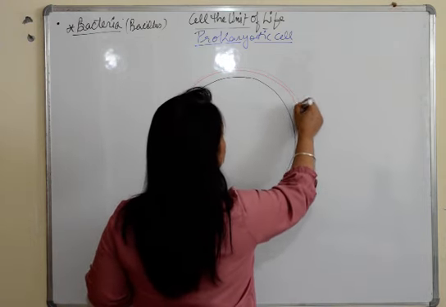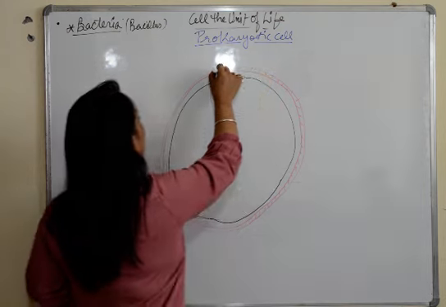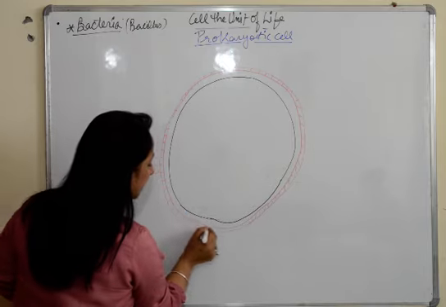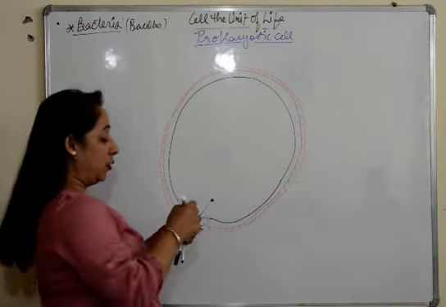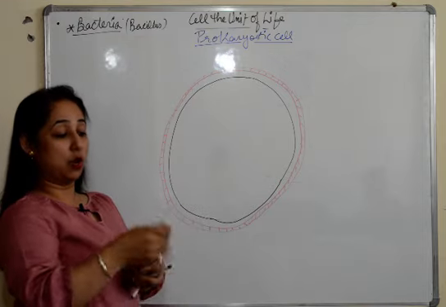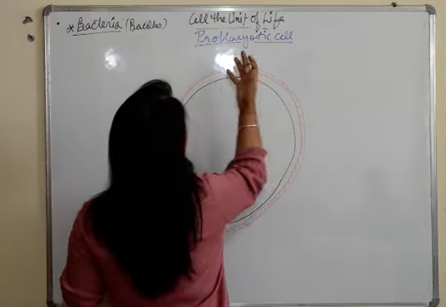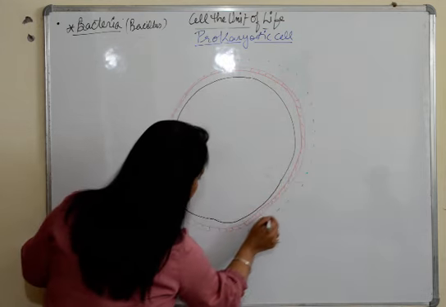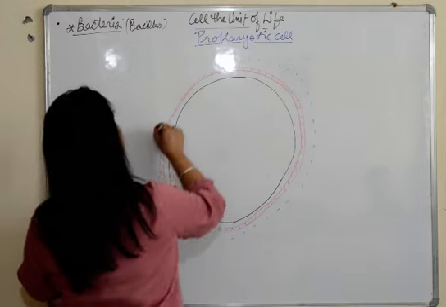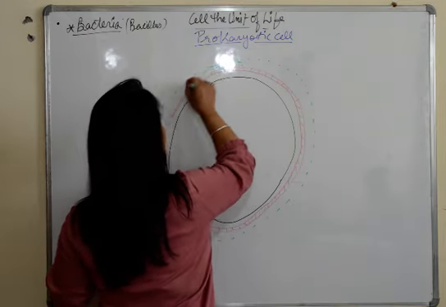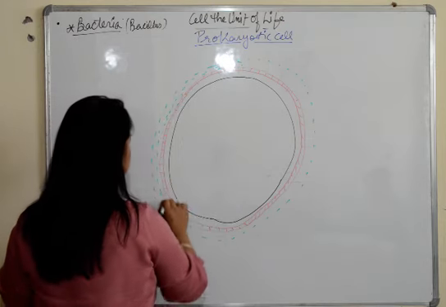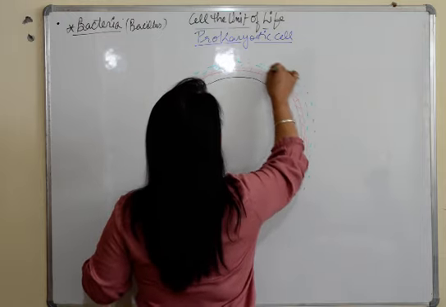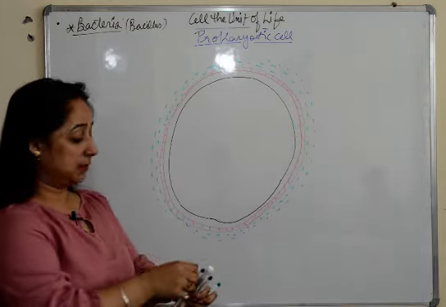We'll talk about it, how it happens, why it happens. For now, I am just making a generalized bacterial cell which has a plasma membrane around which there is a cell wall, and around this cell wall is a gelatinous capsule made up of glycocalyx. So I'll just mark it like this. Because it is a gelatinous capsule, it's not a proper layer, so I'll just give it a dotted appearance just like this. Okay, let's just label the things now, the ones which we have made till now.